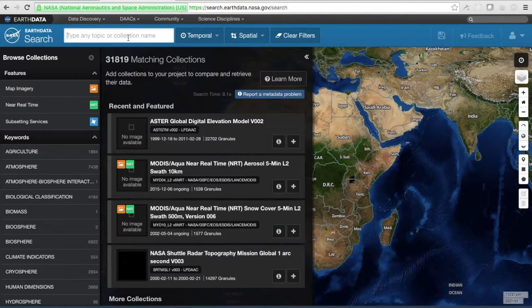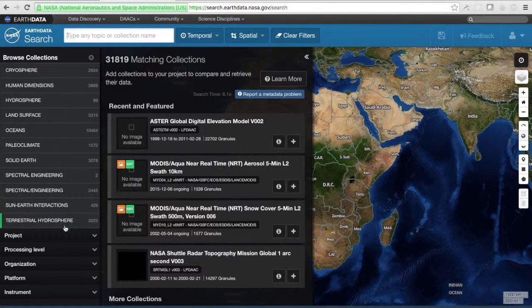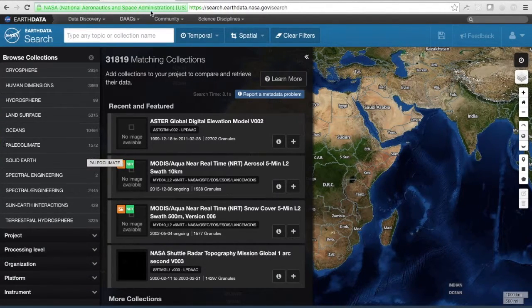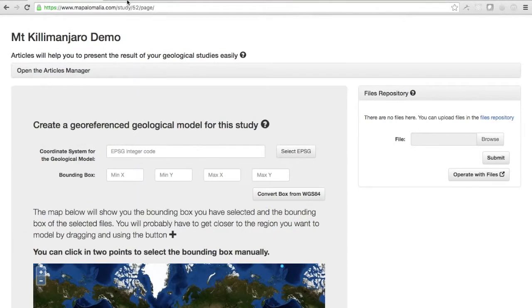I have downloaded it from search.earthdata.nasa.gov, and it's actually a pretty good page with a lot of information from a lot of places that can be very useful for any of your purposes. So I'm going to leave the Earth data search here, and I'm going to go to my computer